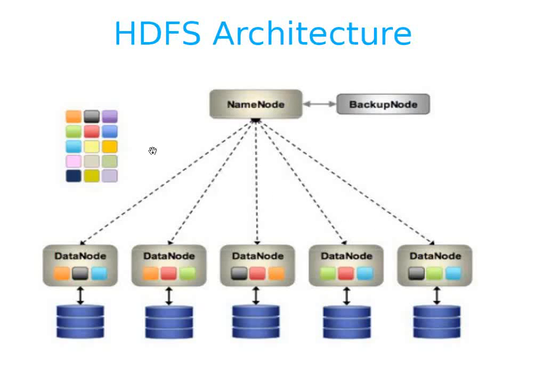Now let's talk about these colorful blocks. These are 3 times 5, 15 colorful blocks. Suppose that it was previously a very big file which could not be stored on a single machine. So what Hadoop did is, Hadoop split that big file into smaller parts. Now instead of storing that file on a single machine, we can store the first 3 parts on the first machine, the next 3 parts on the next one, the next 3 parts on the third one, like this. So ultimately we have distributed the storage. The file which was very big, we have split and stored on multiple machines.